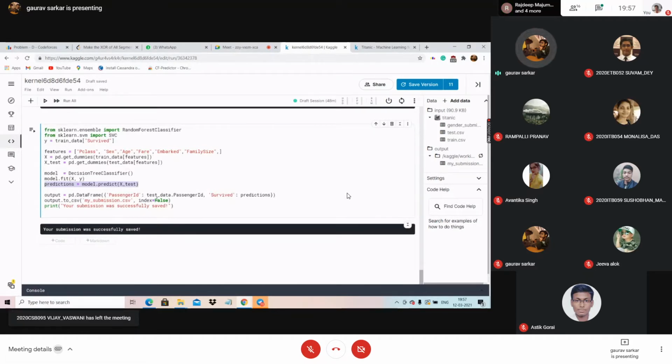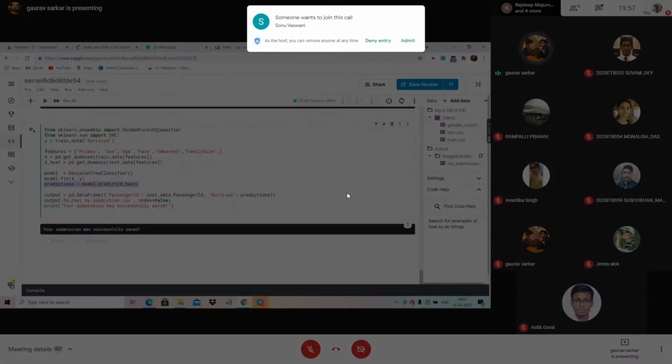If you don't get it, that's okay. Initially, I don't expect all of you to understand each and every line. What is this random forest classifier? What is this decision tree classifier? Initially, you won't understand. If you tell me, I can explain the decision tree or the random forest classifier in the next class. I can make a separate video for that. But right now you don't need to understand what a random forest classifier or a decision tree classifier is. Just understand this is the regression.